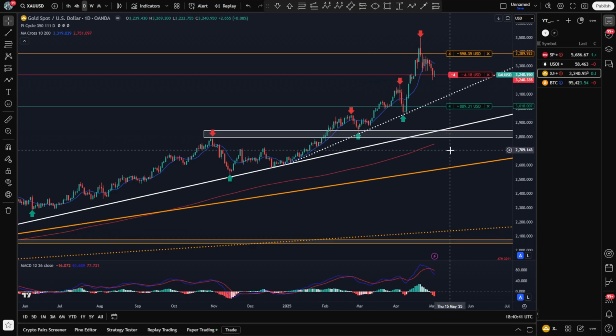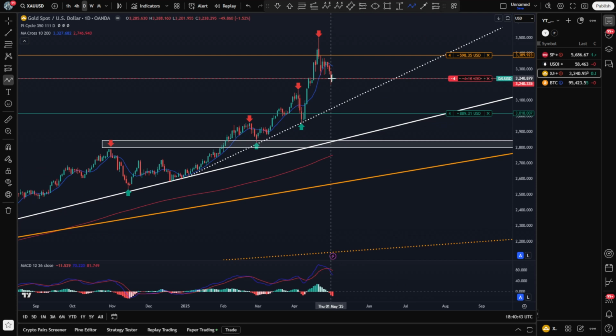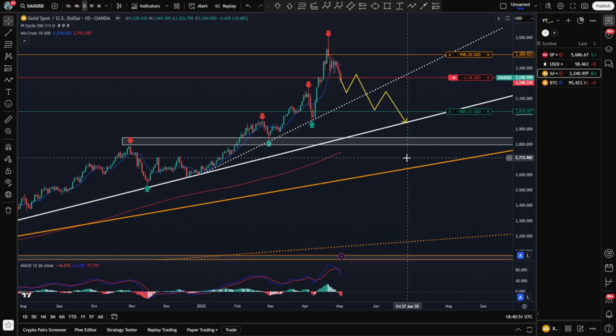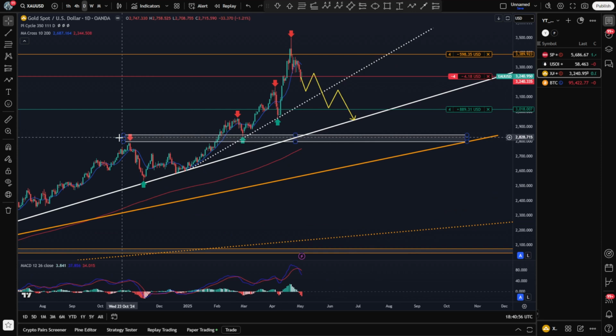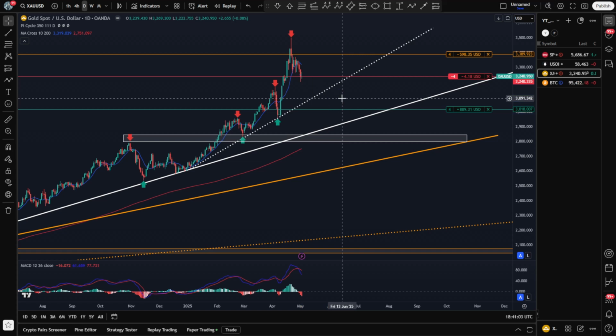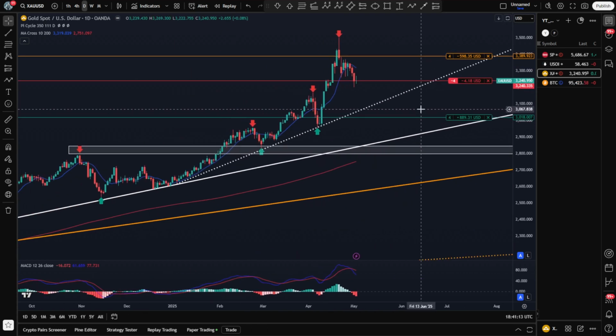But I could even imagine that we will see prices declining all the way back down to this daily support, daily uptrend line here, drawn in white. And the most extreme scenario would be that we will retest this support zone in combination with this weekly orange uptrend. But that would be really the bear case for gold, and it wouldn't break the uptrend at all. So no worries for long-term investors here. Wouldn't change any position there.